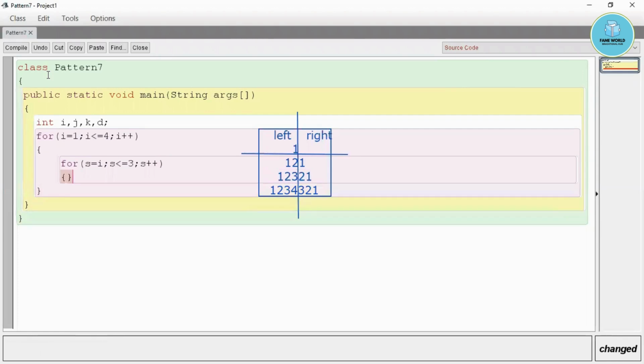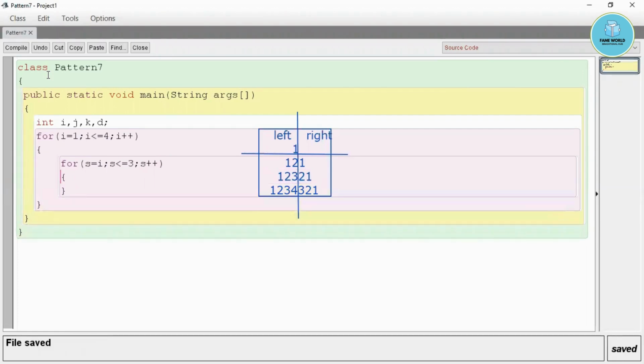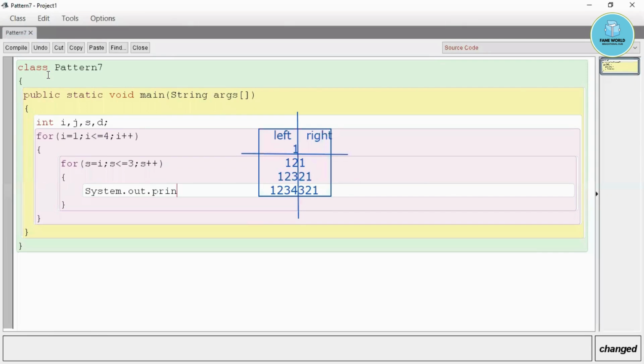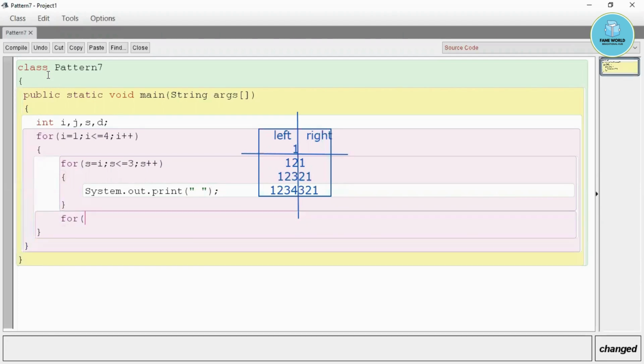Then after that we will take, okay, actually I have not taken s here, so let me take s. So now I'm going to take system.out.print, and here I'm going to print a space this time. After that, the for loop which I'm taking for j, I'm taking j equals 1, j less than or equal to i, and j plus plus.